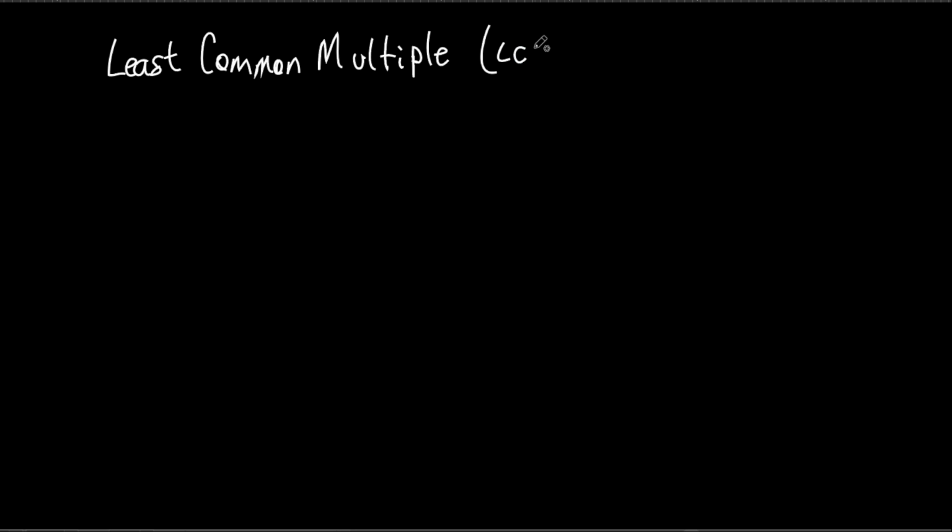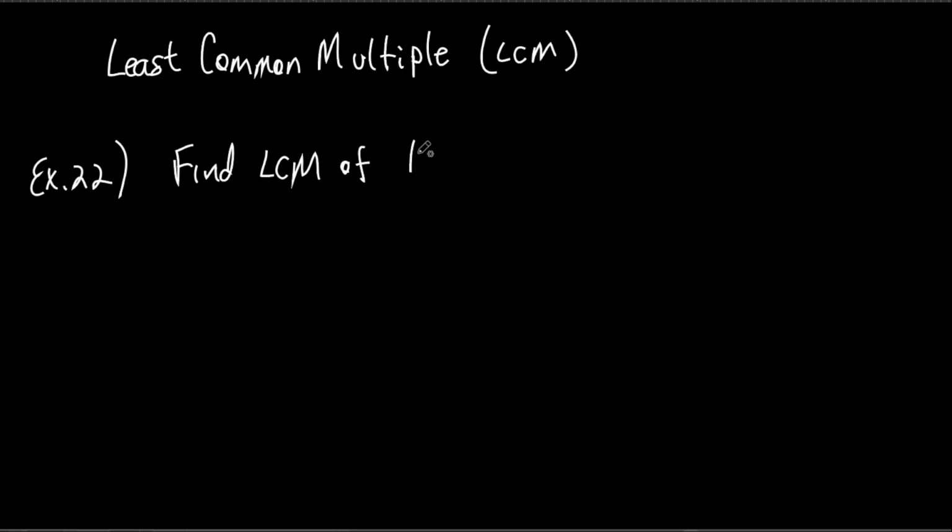Or sometimes they'll just say LCM, for the least common multiple. So here's what they're going to do. I'm just going to start off with an example. So this is example 22, if you're looking in the book. It says, find the least common multiple. So find the LCM of, and then they're going to give you a couple numbers. They're going to say of 15 and